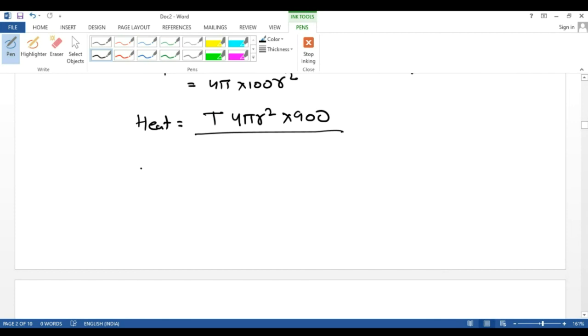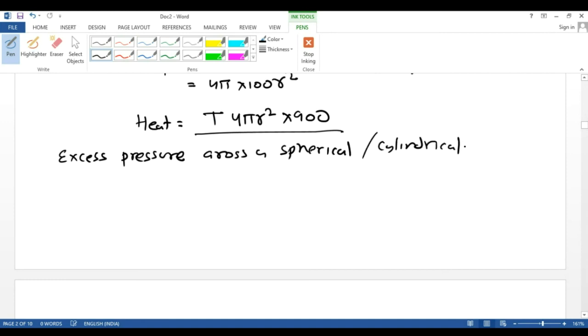Next we come to the concept of excess pressure across a spherical or cylindrical surface. So once we have done it, we'll know what is the excess pressure inside a sphere, or what is the excess pressure inside a cylinder, hollow sphere, solid sphere, all those kinds of cases we'll be able to handle here. So imagine that we have a